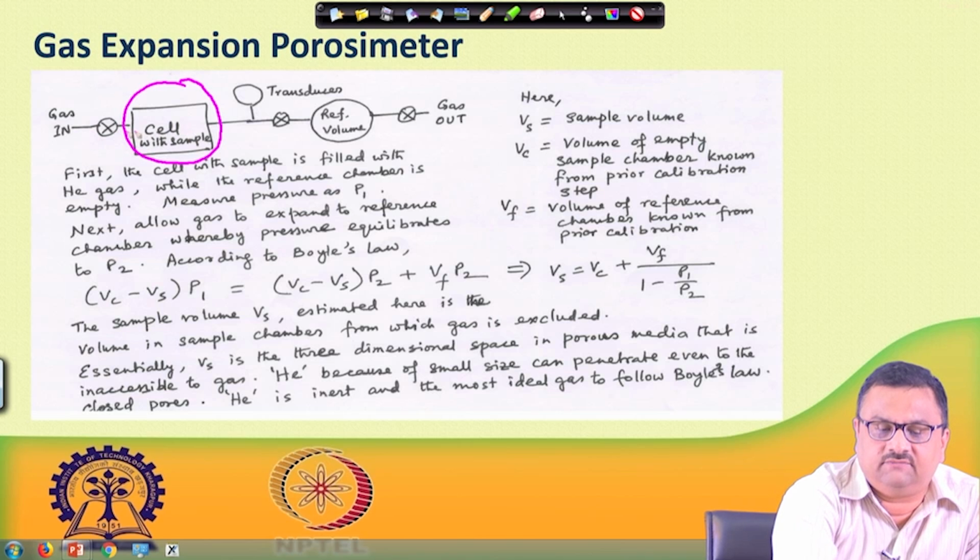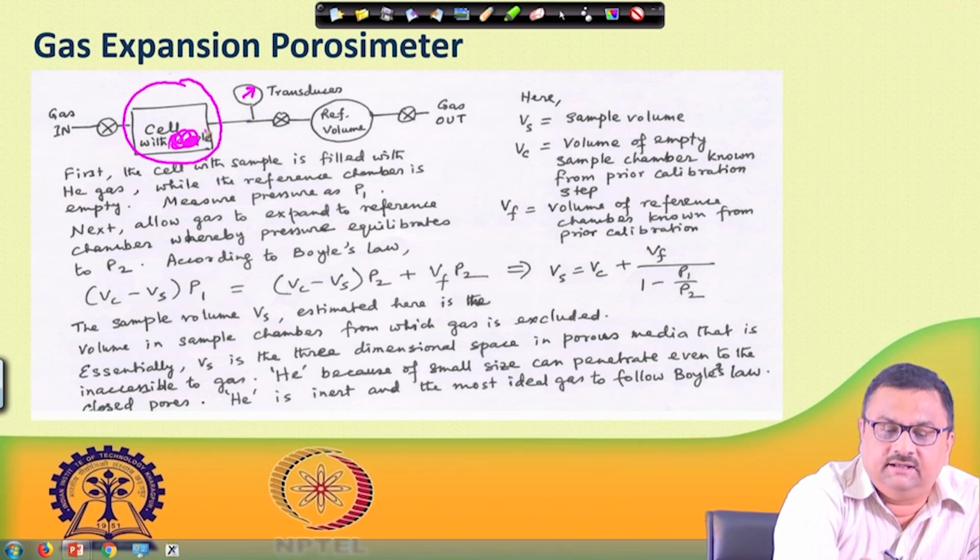After some gas goes in here, this valve is closed. There is a pressure reading in this transducer. You note down this pressure, and the pressure is P1, let us say. At this time I have the solid sample present, and the gas is at a pressure P1. Then, after this entire thing equilibrates,